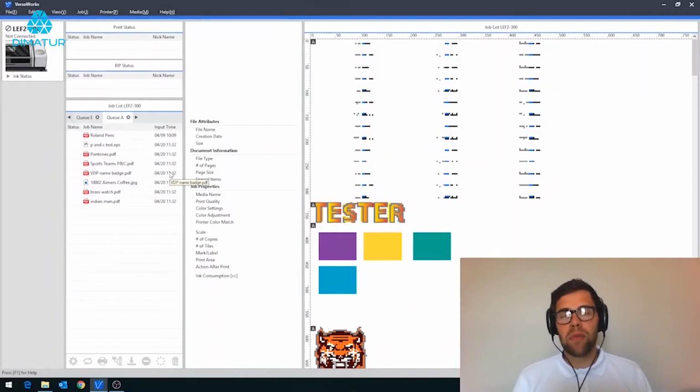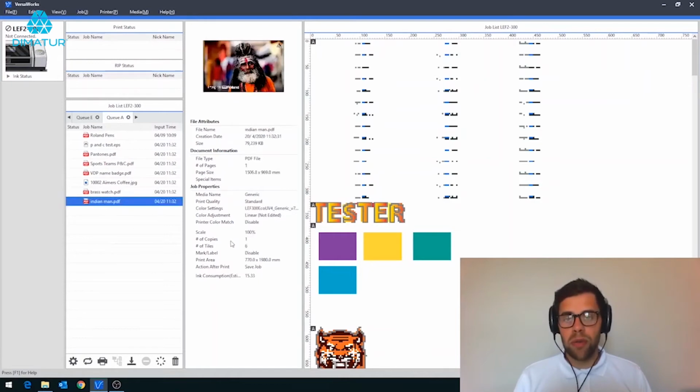Tip 3. Saving jobs from VersaWorks. Saving jobs out of VersaWorks can help you with archiving customer files. It can also help you as well in terms of reducing down the number of jobs that you have in your queue. In order to save a job out of VersaWorks, firstly select the job that you wish to save